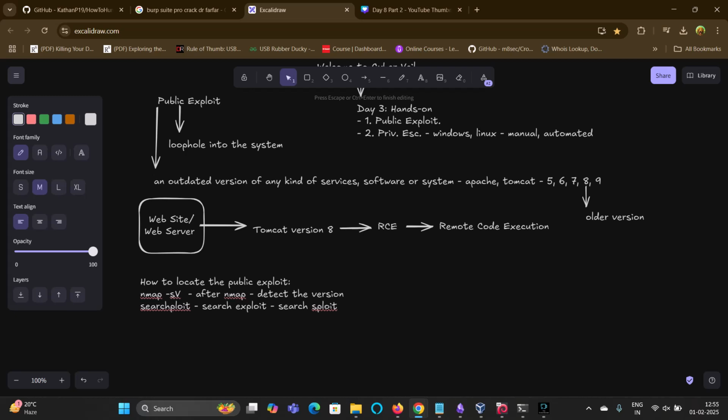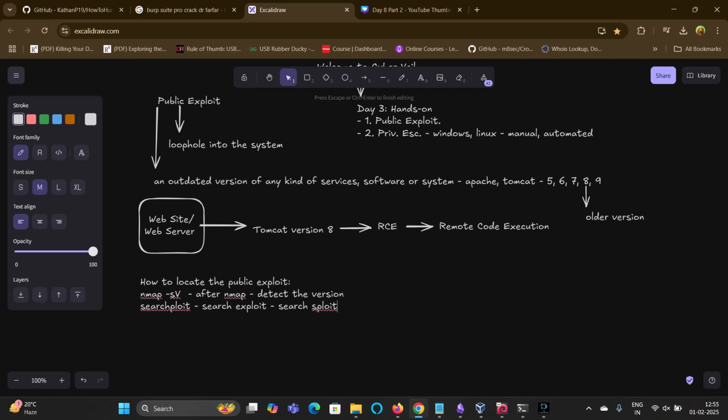If it is an older version, we are going to write the command searchsploit, and after detecting the version, we copy and paste that version in front of searchsploit.